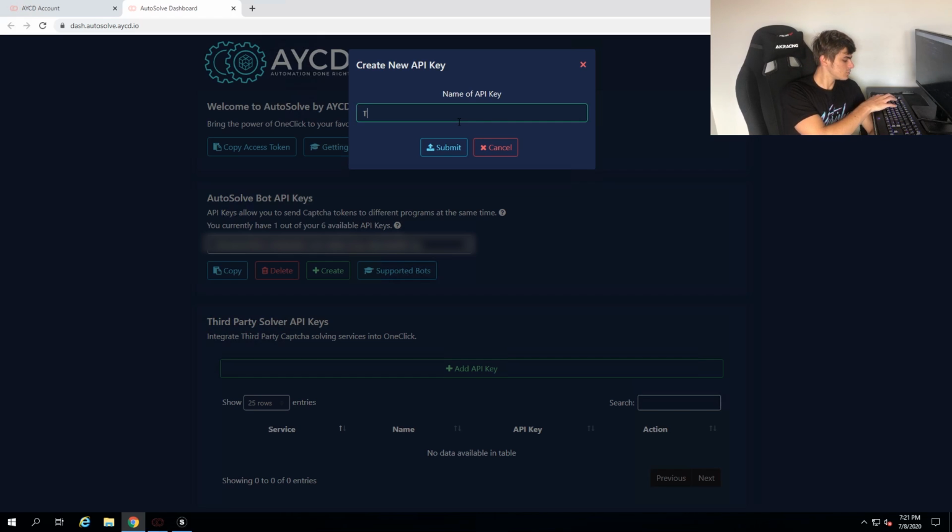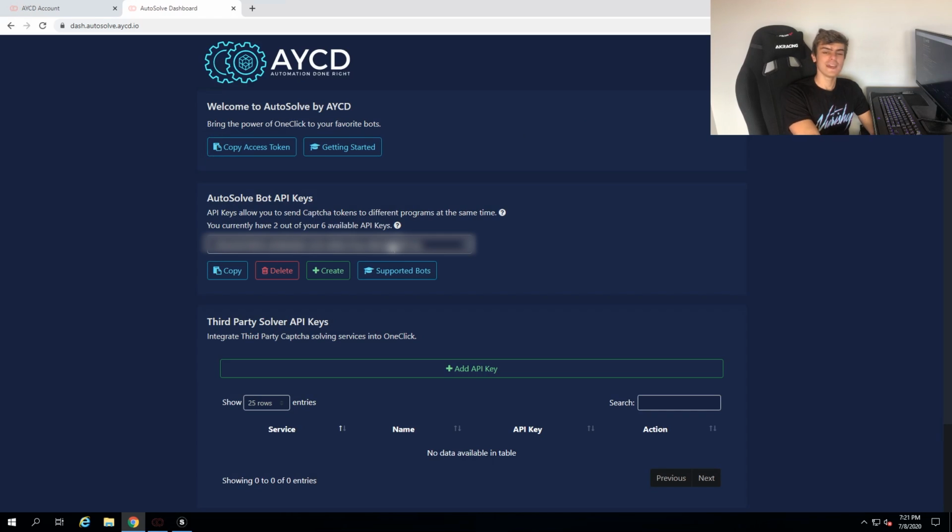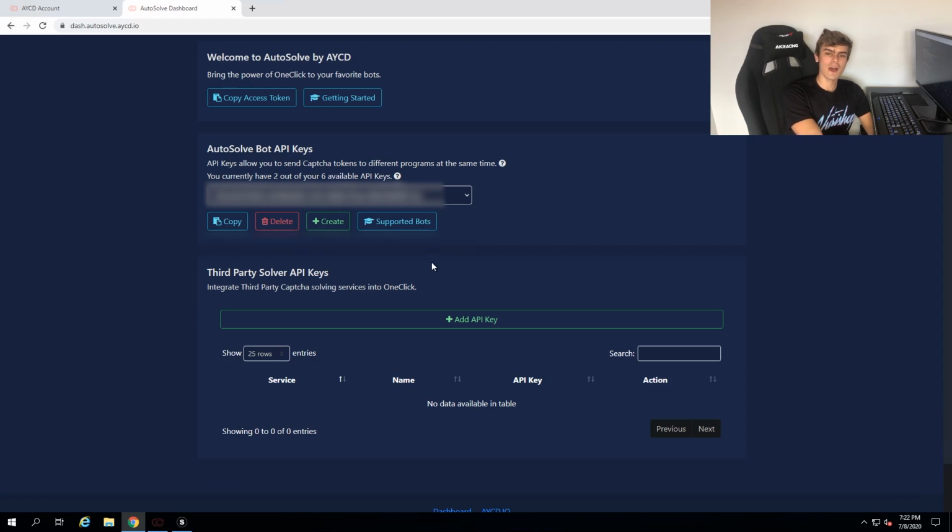So I'm just going to do tutorial, boom. It's literally as simple as that. So now on this drop down menu here, I see the tutorial API key, which is unique from my other API key that I use for Splashforce. So what you're going to want to do now is copy this API key and paste it right into your